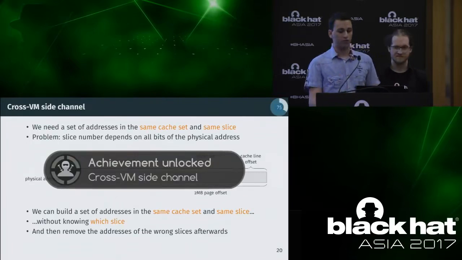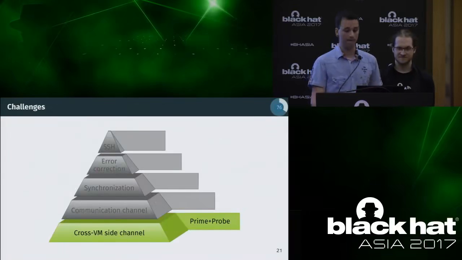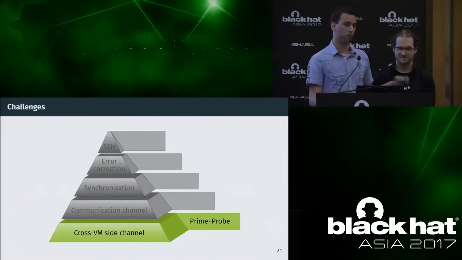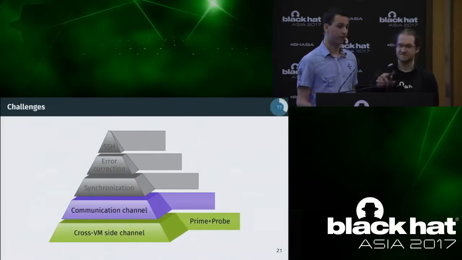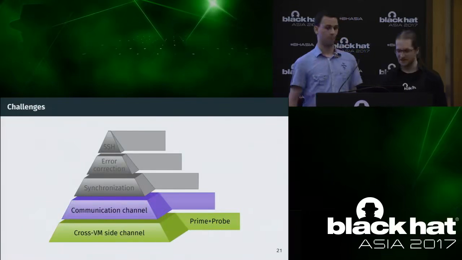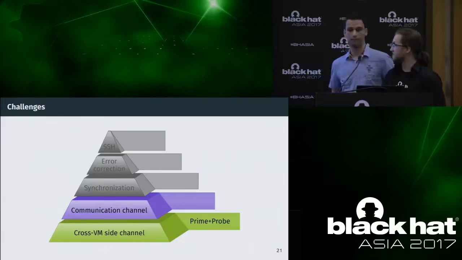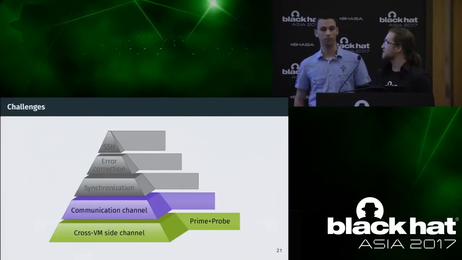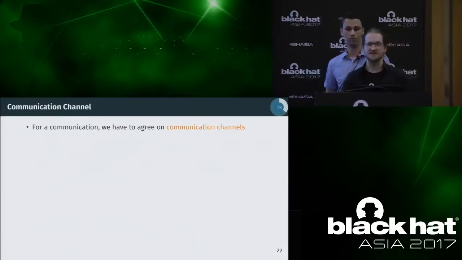So we unlocked our first achievement. We have this cross VM side channel, and with that, we can build a communication channel. So now that we have covered how we can communicate with each other, we still need to find a common